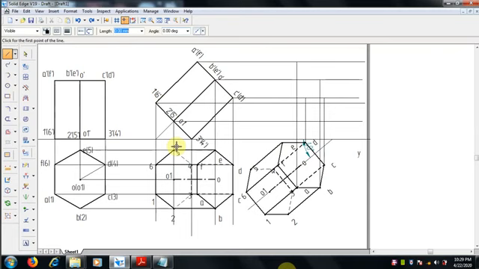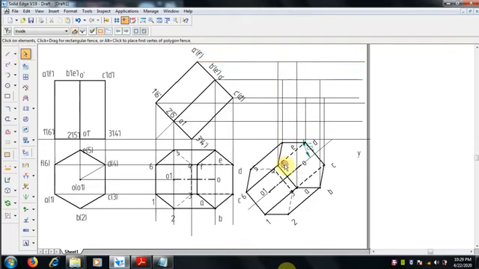where it comes E and F. E dash is connected with E dash. Okay, E with E, F meeting F here at the top. Okay, so this is the top face is over. It is getting projected.